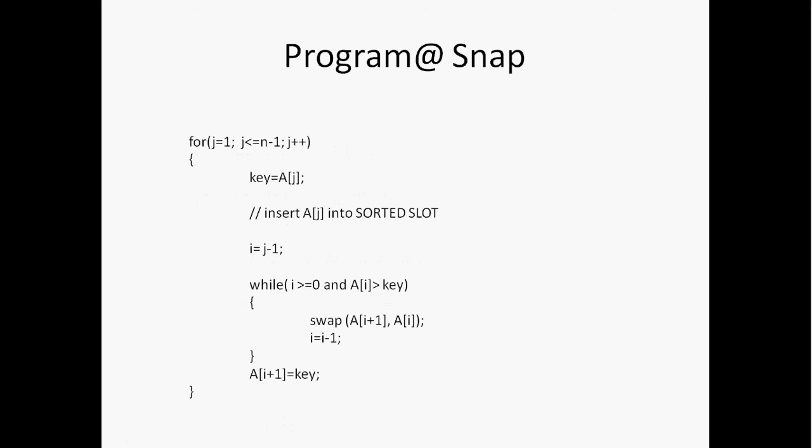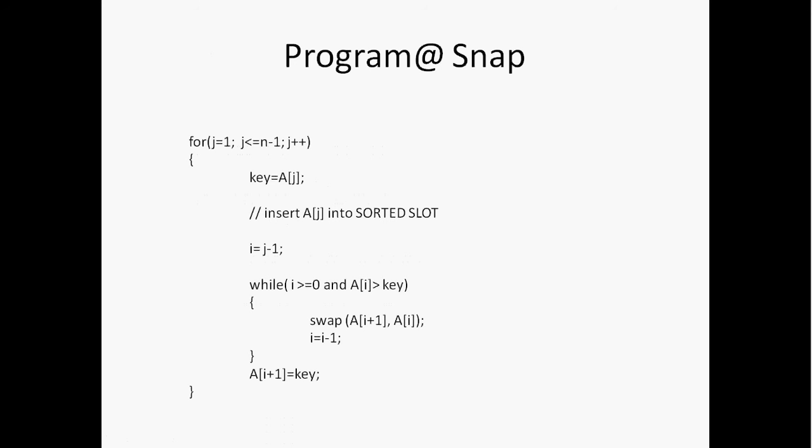So first of all our key would be a of j, and then we were assigning i with j minus 1, then we were moving i towards left. So two conditions were there: either the elements are not there, or we find the two elements being compared are in proper order, so we need to break the while loop. At the last moment when your array goes towards the leftmost way, you have to put this a of i